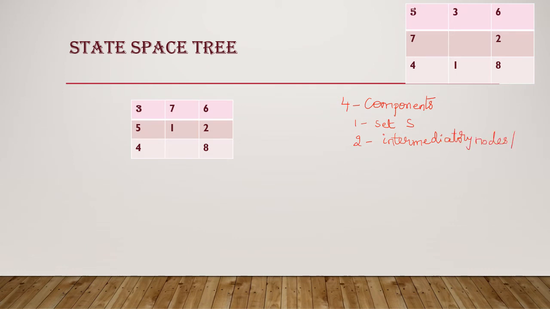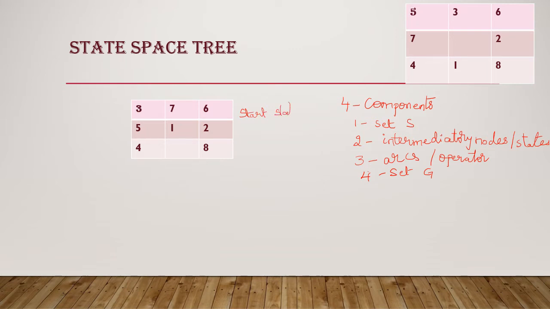Then we will have a set of arcs. On these arcs we will specify the operator. This operator will be based on heuristic or without heuristic. In this problem we are not discussing any heuristic. The fourth component is a set G, which contains the set of goal states. So let us start with our example of 8 puzzle. Here this is our start state.